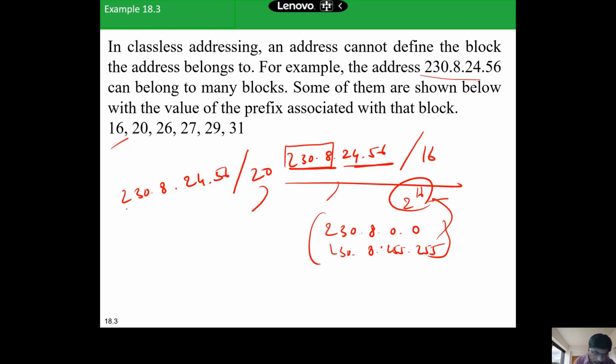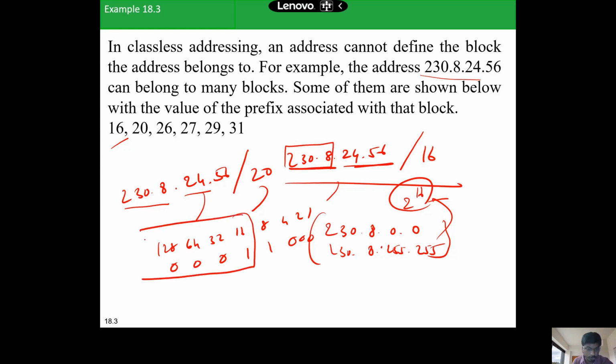So you know that the first 16 bits are not going to change. In the third byte, the first 4 bits go for your prefix part. So expand 24 now. How will you expand that to binary? 128, 64, 32, 16, 8, 4, 2, 1. It's going to be 0, 0, 0, 1, 1, 0, 0, 0. So in this I've told you now /20. So 16 bits are already gone. 4 bits you have to borrow now, right? So this goes to the network portion. This is not changeable.